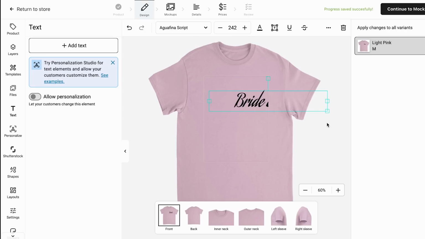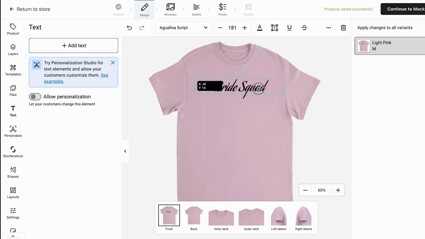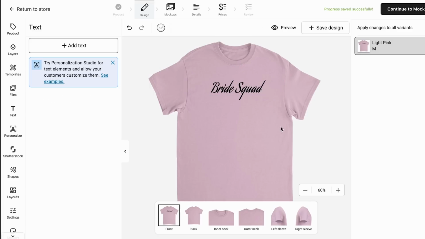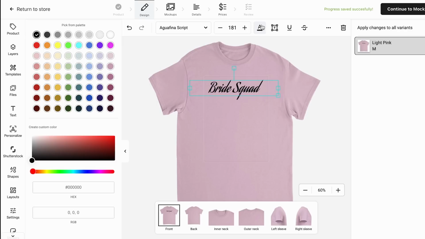I can even pull from here, and then you can see that it actually showed me where my printing is gonna be, so I have to be careful and just follow the same sizing. So I think something like this. I'm also gonna put it in the middle so it looks very nice. And we can even change the color of this. So I'm gonna select it, and we can click over here to change the color of these fonts. So I think this one looks very good,